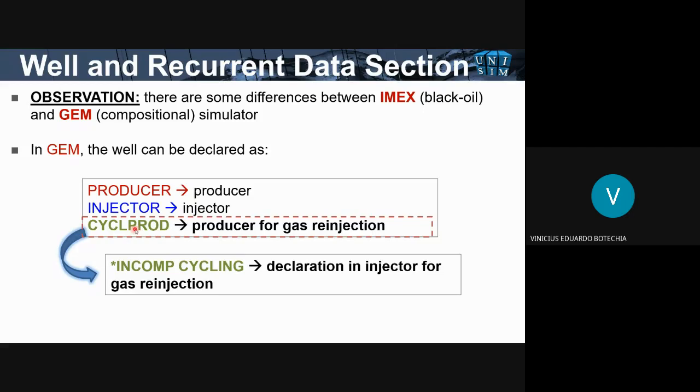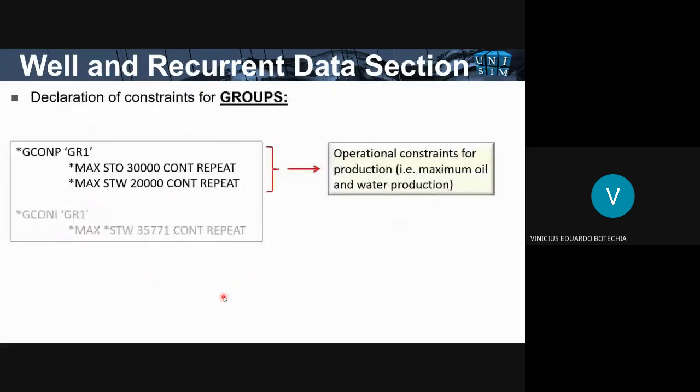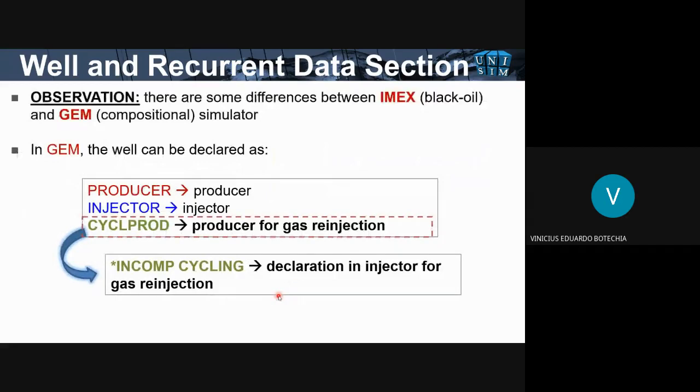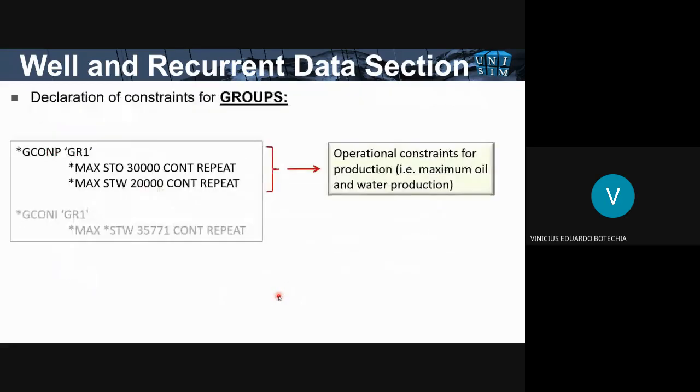The producers are not declared as producers, they are declared as cycloprod, and then in the injectors, the fluid is cycling. It's not a fluid itself, it's the fluid that comes from the producers, the cycloprods. But whoever is working with IMEX doesn't need to be concerned about that.